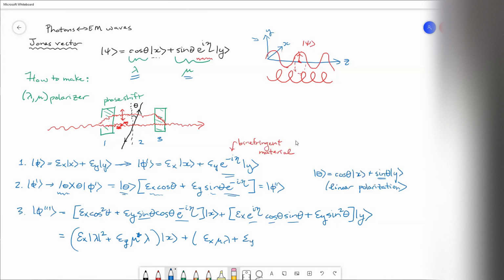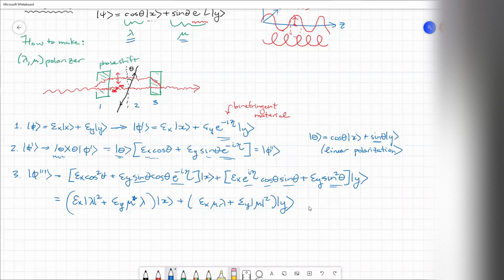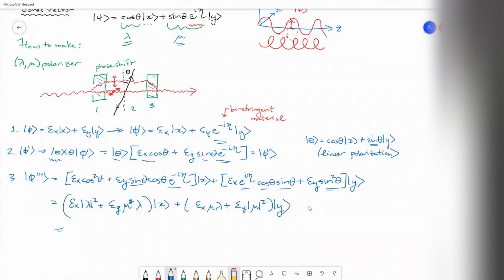And then we have EY, and the sine squared must be just the magnitude of mu squared. And so we can rewrite this in an even nicer way as your arbitrary polarization multiplied by